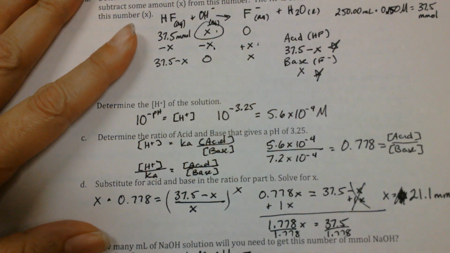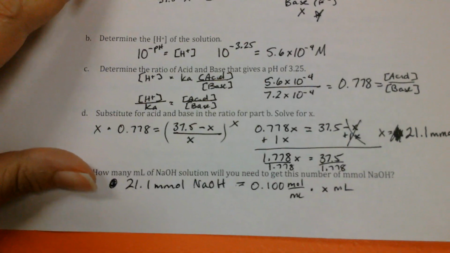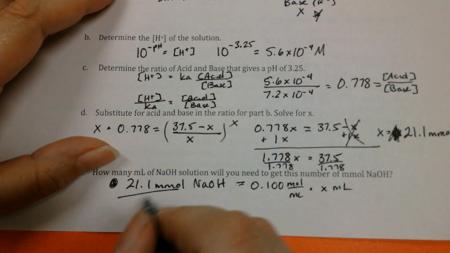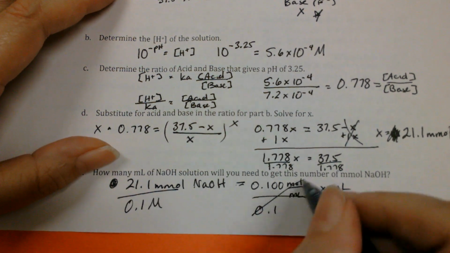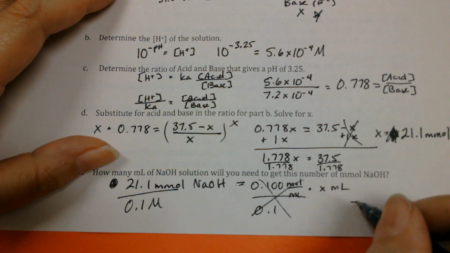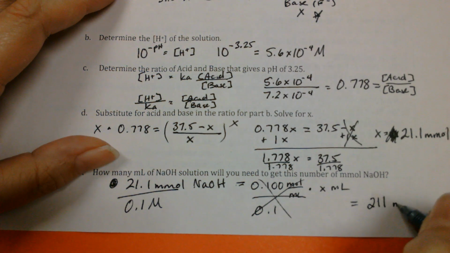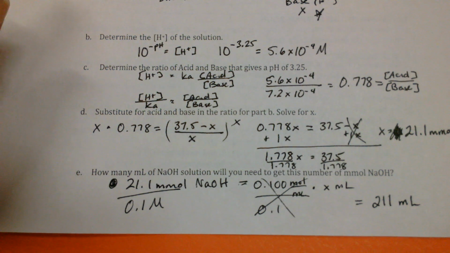Well, 21.1 would be equal to 0.1 moles over milliliters times some volume of milliliters, which is why you end up dividing by the molarity. That cancels that out, and I get that this is 211 milliliters of